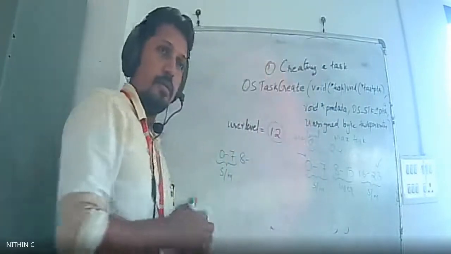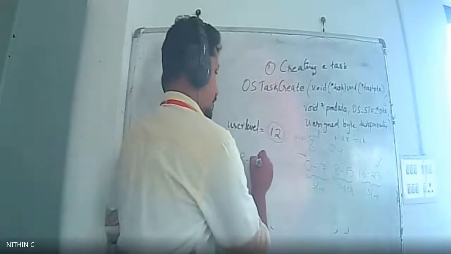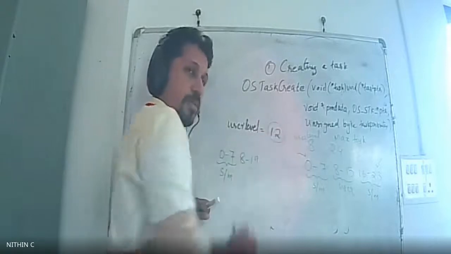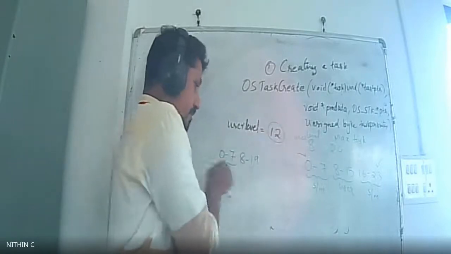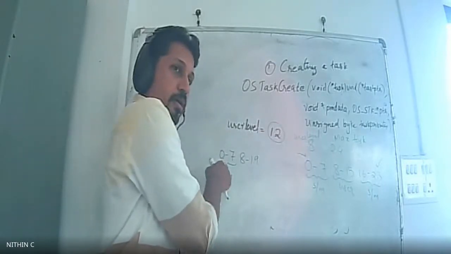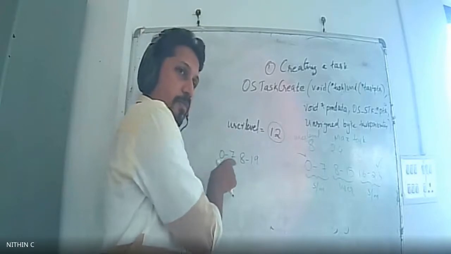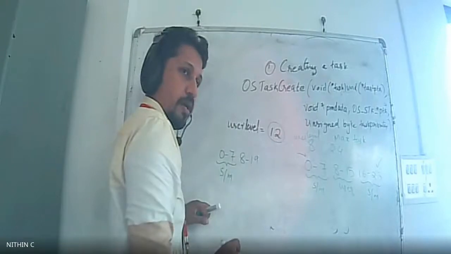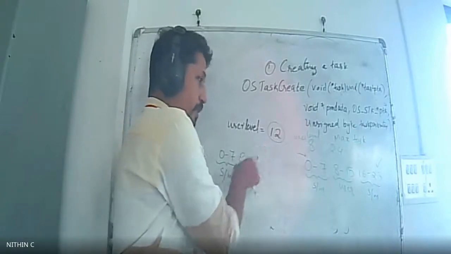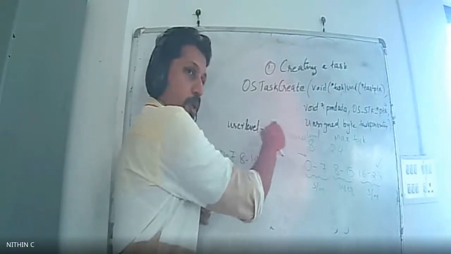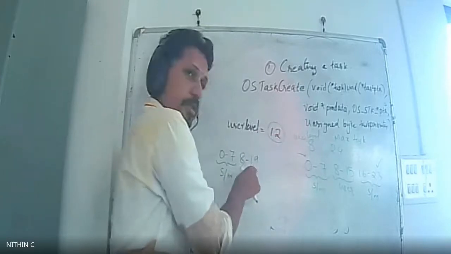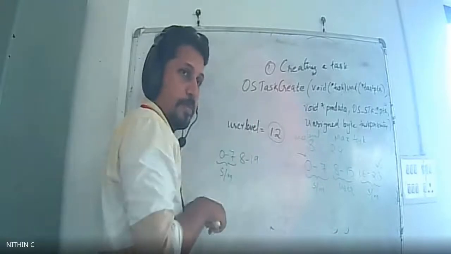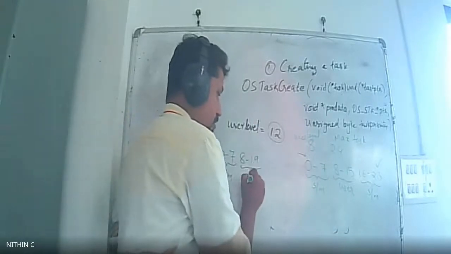Yes. 19. Right? From 8, the user level tasks are 12, right? So the first 8 high priority tasks will be reserved for the system, and after that you can set your user level task. That is from 8 to 19, since there are 12 tasks. From 8 to 19 you will be having 12 count. So this will be set for the user level task.